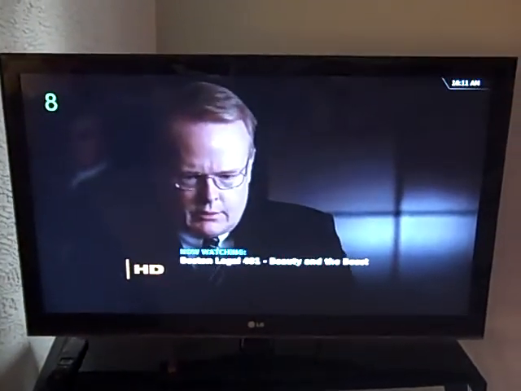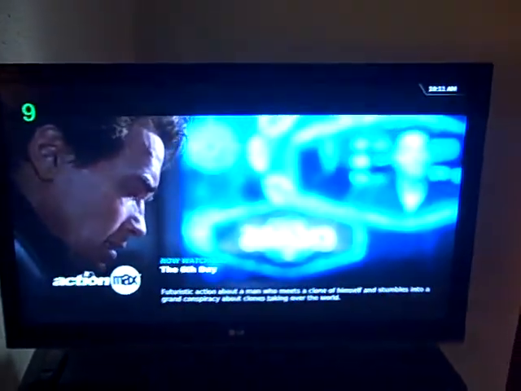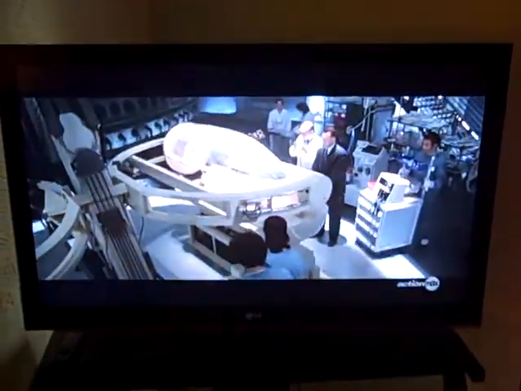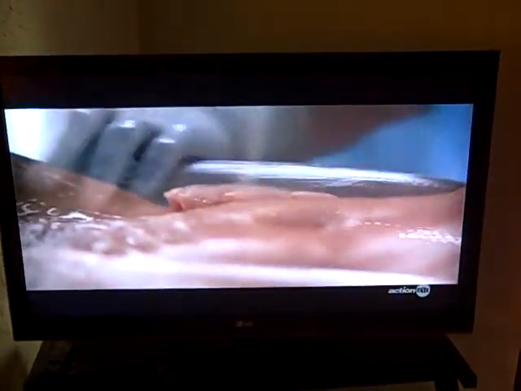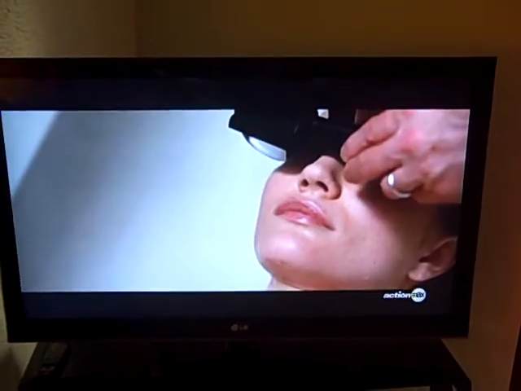Fox HD, so this is all Fox programming that I put together there. Action Mask, so this is only action movies, all day, all long. And this is basically just using the library tags, like the genres or whatever. So what I've done in addition to this, just to give it a better look and feel and to make it more realistic,